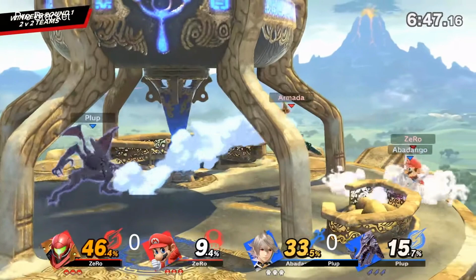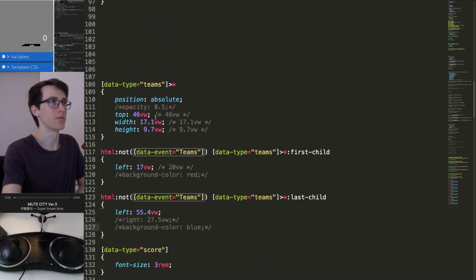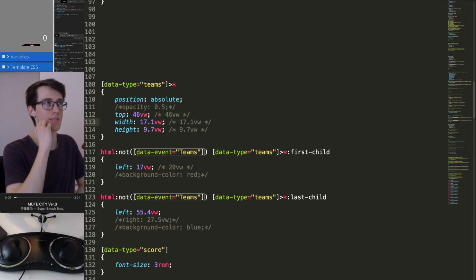Actually, I think I might have thought of an easier way to do this. Let's go back to the code. So for each team, I'm giving it a specific width,